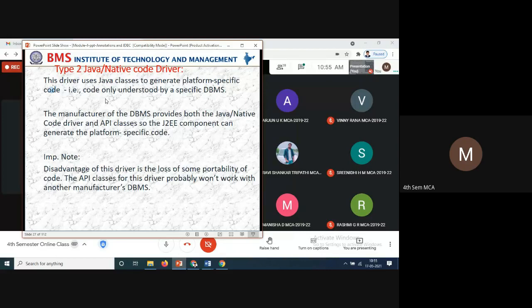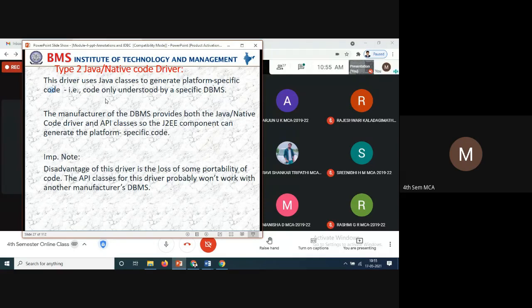Before that, what is required for the database connections? What are all the drivers required? What are all the classes required? What are all the methods required? That we need to learn. Once we know this, we can execute it. The only thing is there are some procedures we need to follow. Listen carefully to those procedures when I'm giving the database connections. Once you learn that, you can write it. But basics are required for us to write a database connection program. Let us see what basics are required.